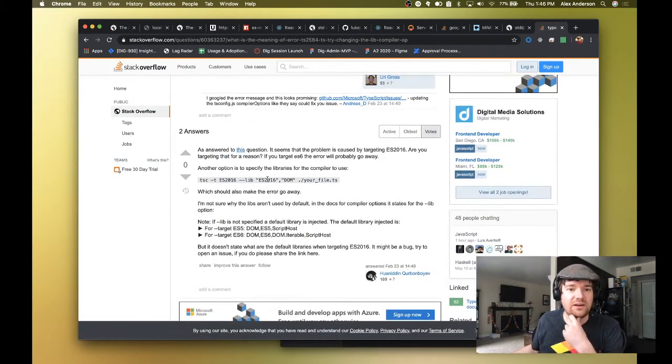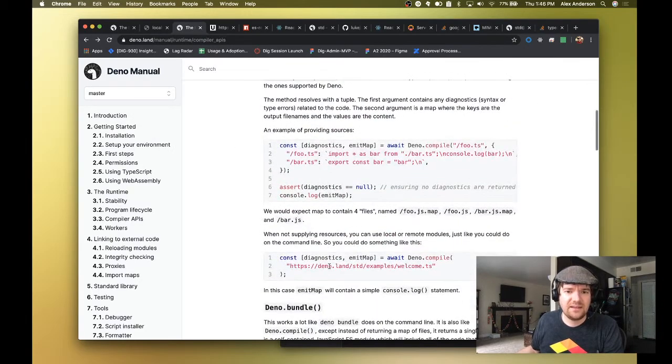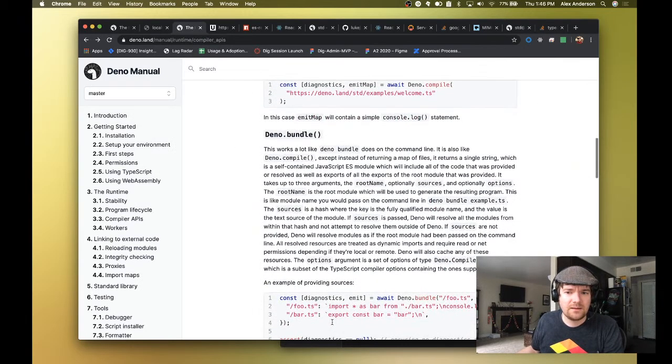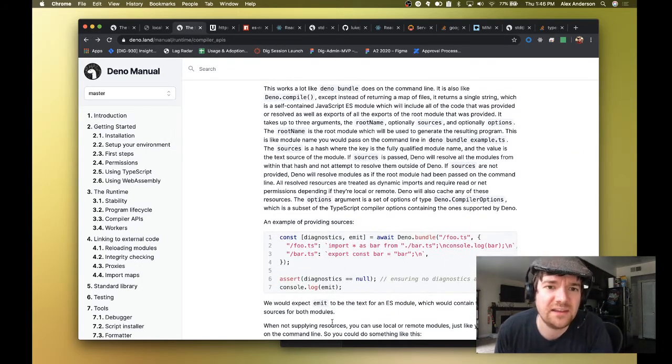Okay, so it is correct. I need to make sure that it has the DOM lib compatibility layer in place. So I will take a look at this again. Options argument set. So let's see. I just need to read this. I can optionally add sources and optionally add options. Deno will also, okay. The options argument is a set of options of type deno.compiler